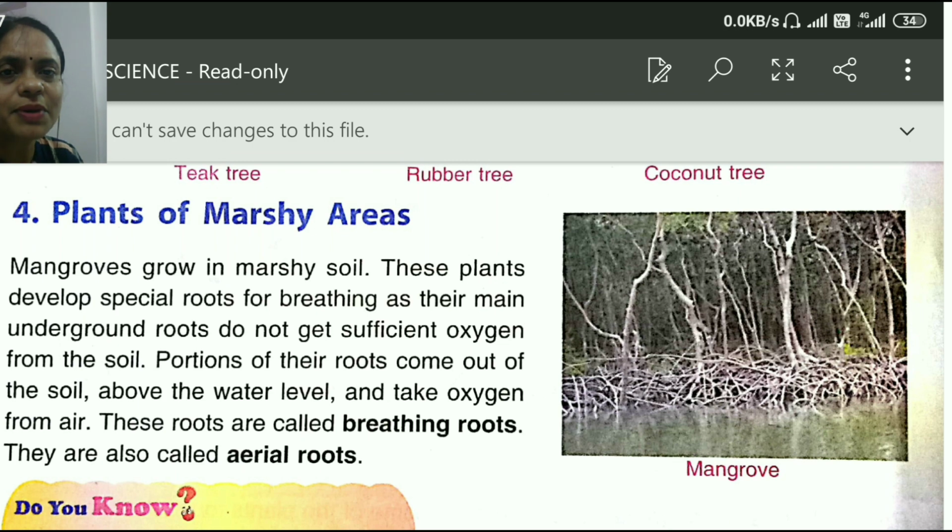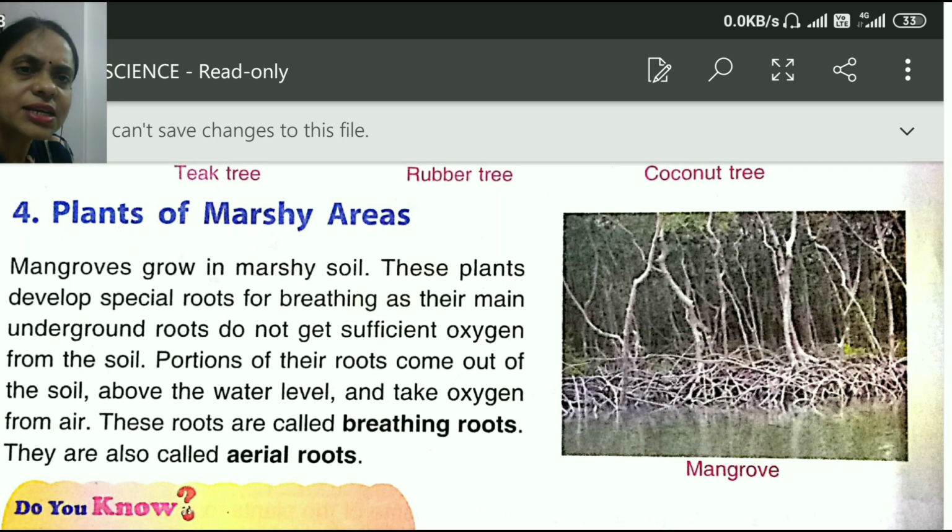These plants develop special roots for breathing, as their main underground roots do not get sufficient oxygen from the soil. That's why a portion of these roots comes out of the soil above the water level to take oxygen from the atmosphere. The roots are also called breathing roots, as they do not get sufficient oxygen inside the mud.